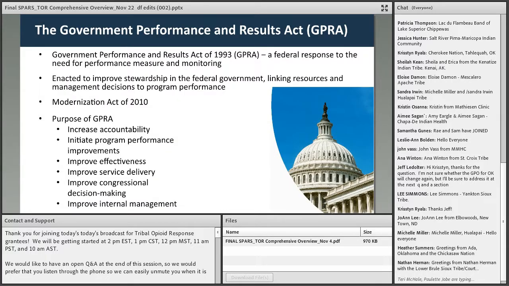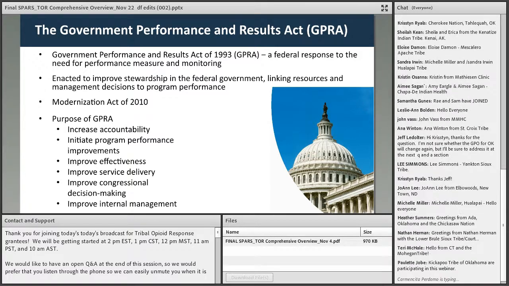The law that everybody knows, we say GPRA, but it stands for the Government Performance and Results Act. There are two laws. First, in '93, and essentially the government said, we need a way of centralizing and having a standardized way of collecting performance and measuring and monitoring the programs that we fund. So they enacted this law so that all federal agencies can keep track and show stewardship of public funds and